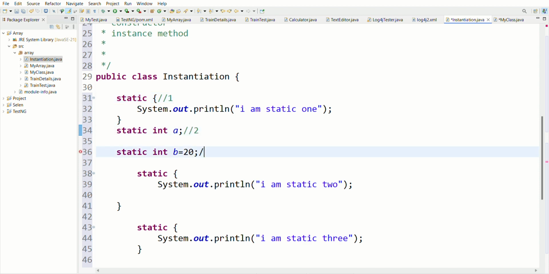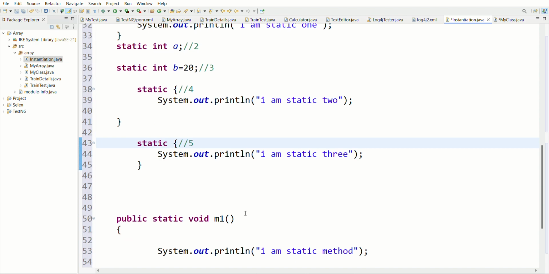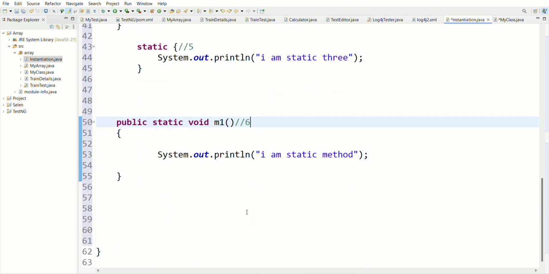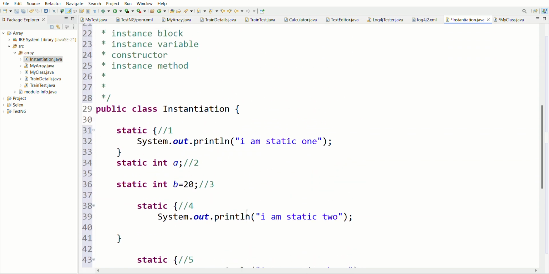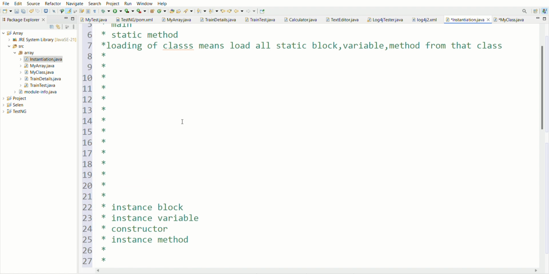This is also a static variable. This is also a static block, and this is a static block again. And this is my static method. This is 6. There are a total of 6 static areas in my class at the time of class loading. This is step 1.